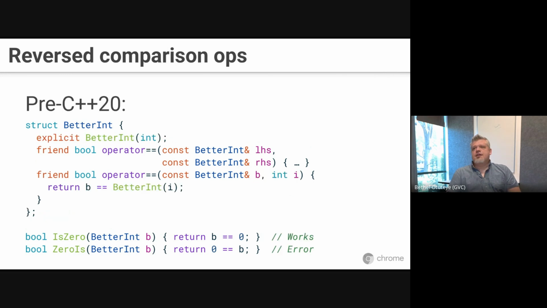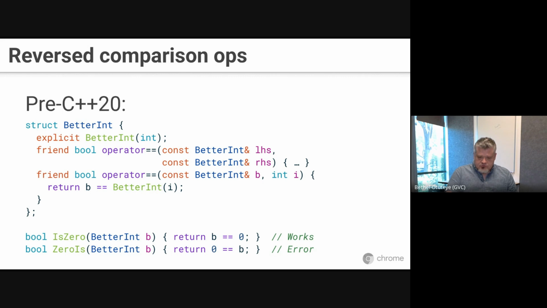Well, then I read the Google style guide. And the Google style guide says, hey, you probably shouldn't have implicit conversions. You should probably make your conversions explicit. There's lots of discussion we could go into on that point, but I decide, oh, okay, I'd better make my conversion operator or my constructor explicit. So I do that, and now, unfortunately,